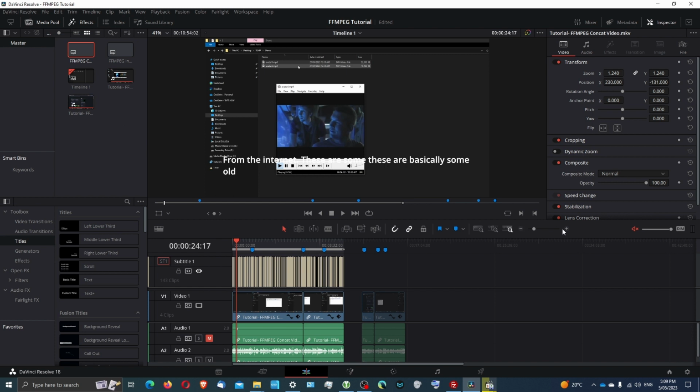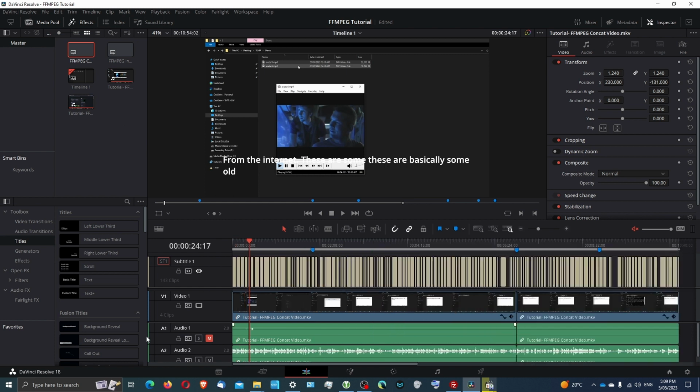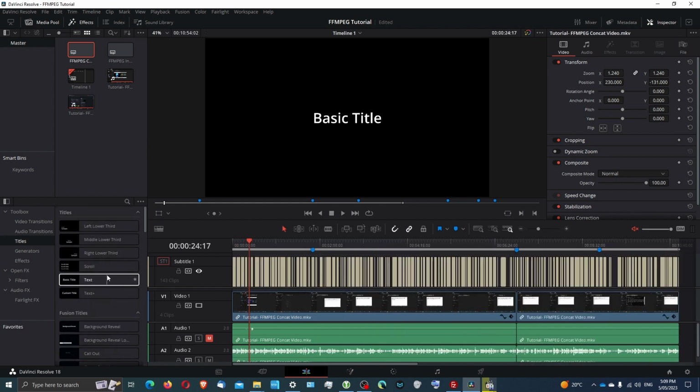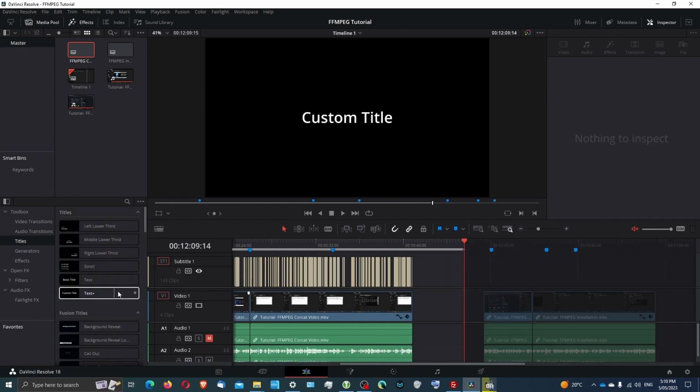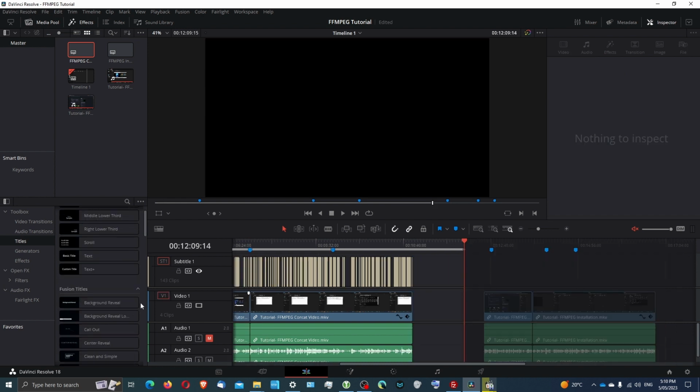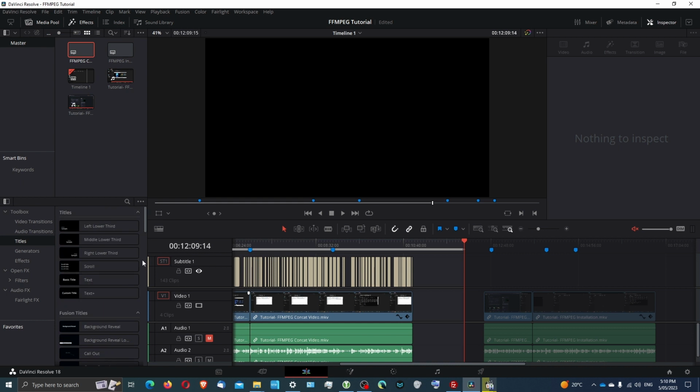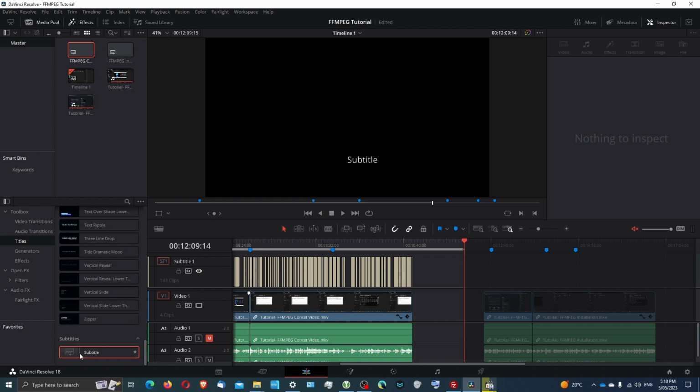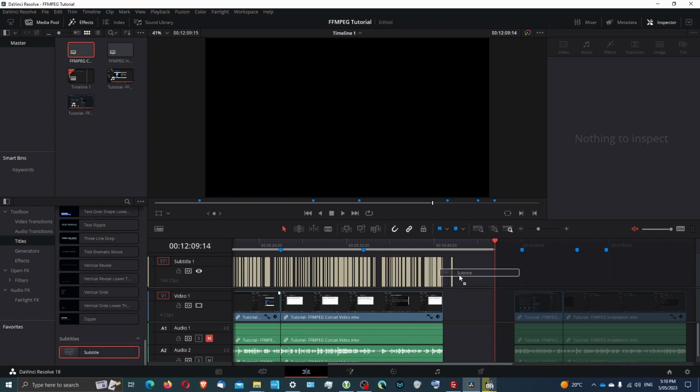Now, before I get into a closer look, I'll show you how to just manually add subtitles. Okay, so we can manually add a subtitle by going to this toolbox section, going straight to the bottom, and you can see subtitles. So you can just drag a subtitle